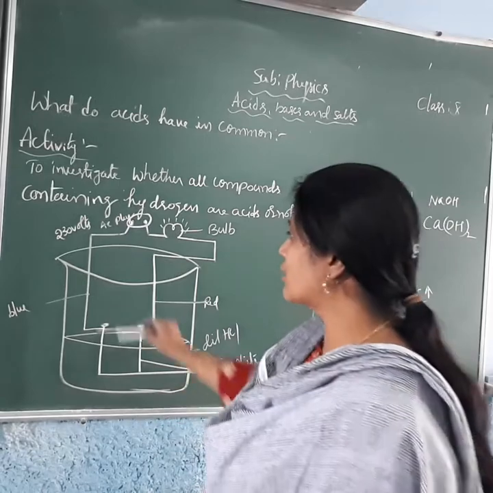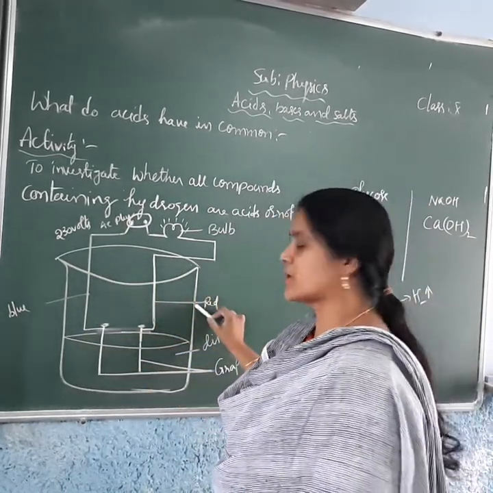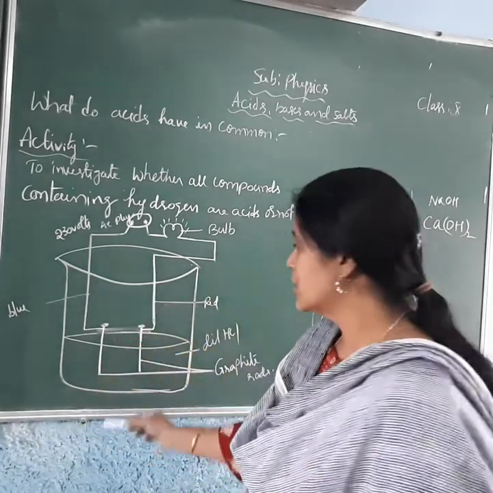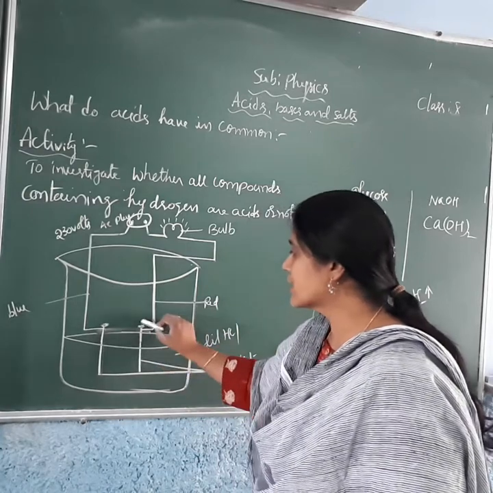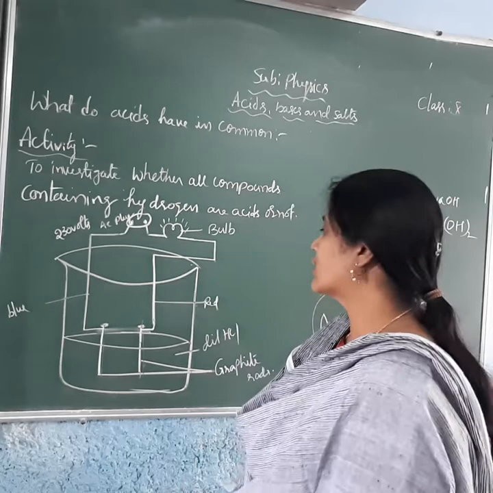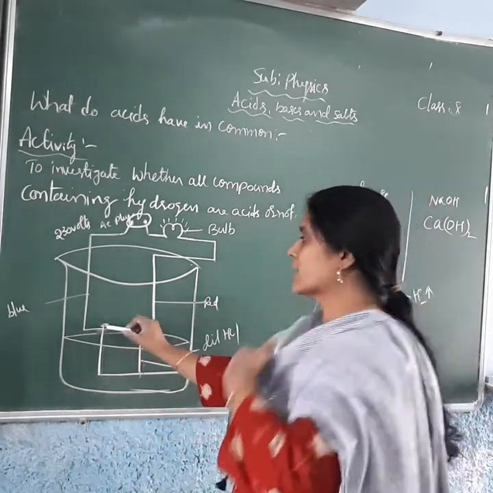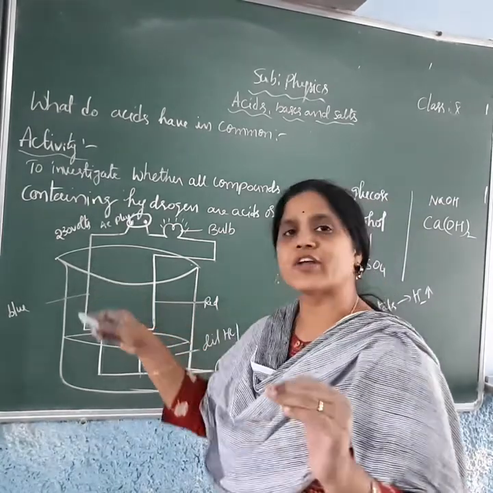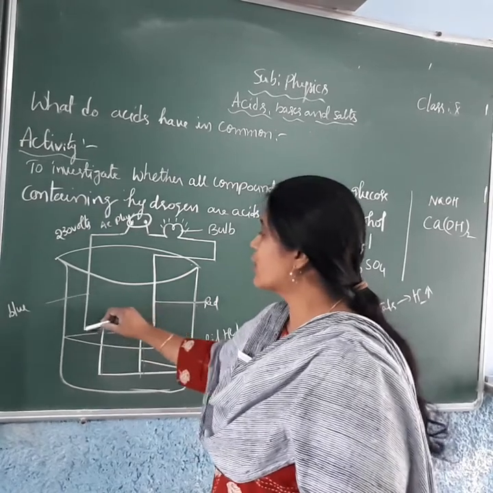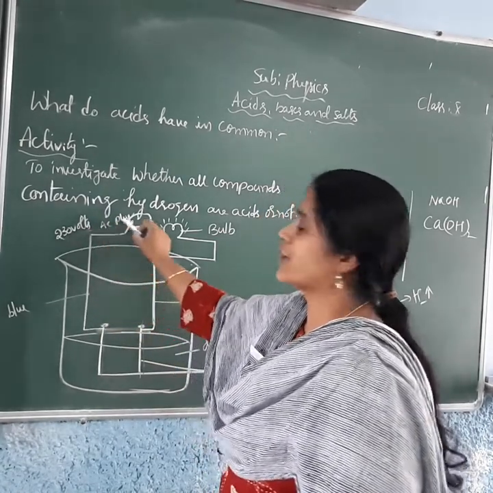For this you have to take a beaker. In this beaker, you take two graphite rods to conduct electricity. These two are the graphite rods, fixed at the center of the beaker. And to this, we have to give the circuit connection. So take two different wires. This one is blue in color. You have to connect this wire to the 230 volts AC plug.